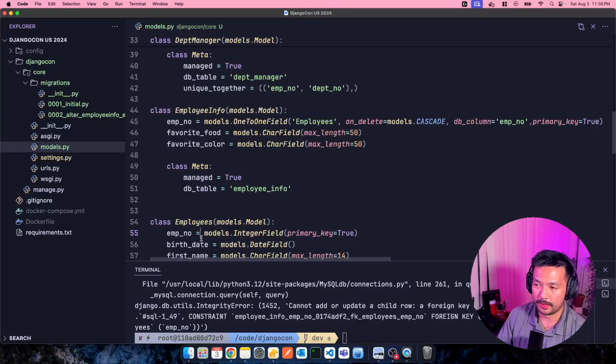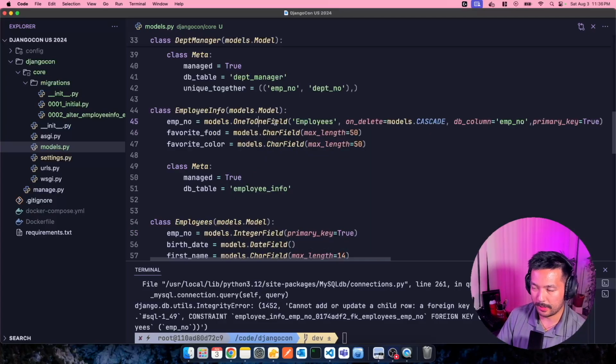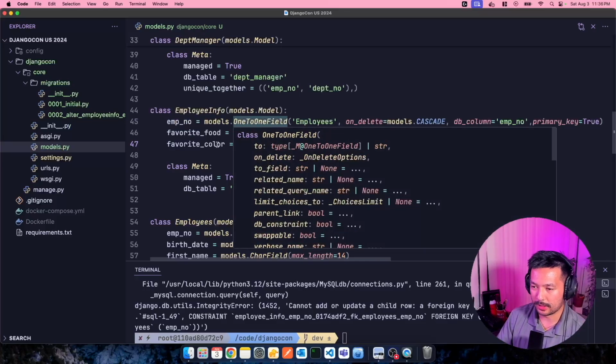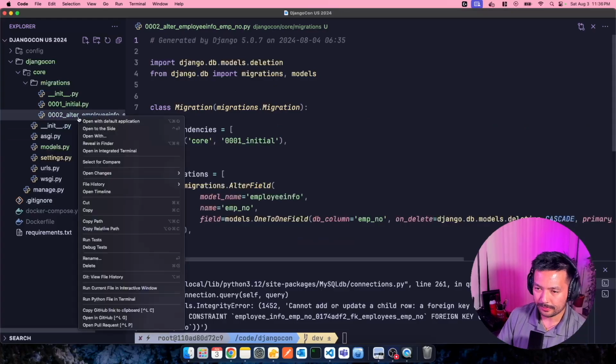It could be a number of things, but if we do want to have this foreign key field indexed on the database and we want to have this migration ran, what we could do is we can actually create a custom migration. We can have it clean the employee info table and remove any employee numbers that don't point to an existing employee. And so if I delete this migration,